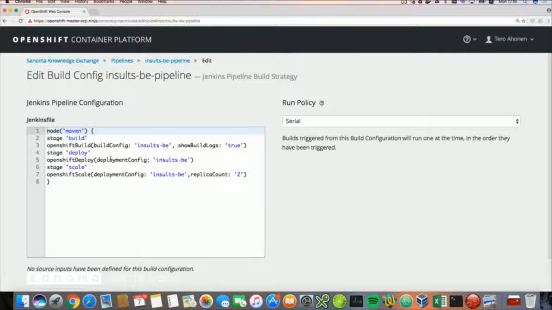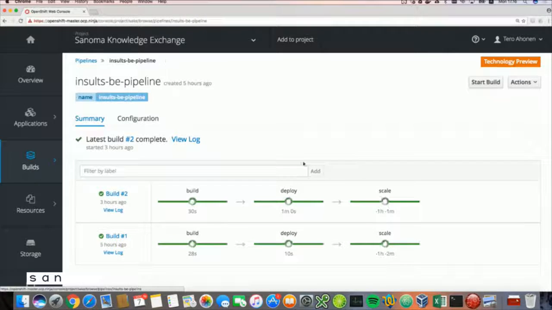It uses the OpenShift plugin in Jenkins so that I can define stages and then start an OpenShift build, start an OpenShift deploy, and scale it to 2 pods. And if I start the build,